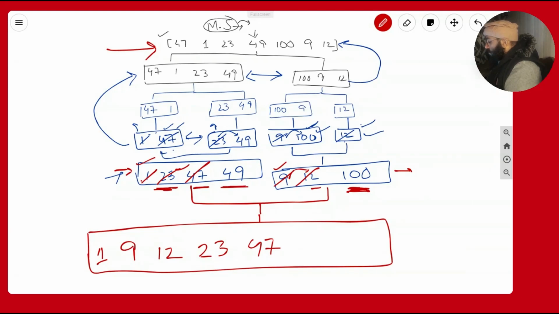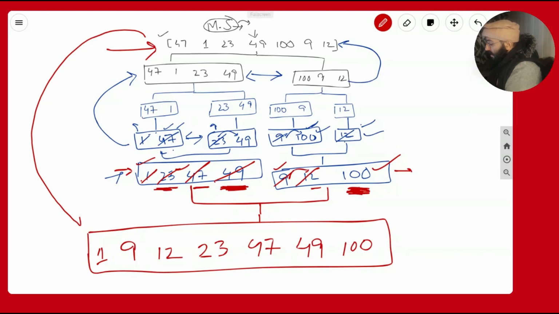The pointer will go to 49. Now here 100 is still the leftmost item, and now in this subarray 49 is the leftmost item. We will compare. 49 is smaller, so we will remove it from here and we will add it here. And now 100 is left, so 100 will come here. And you can see this array has been sorted